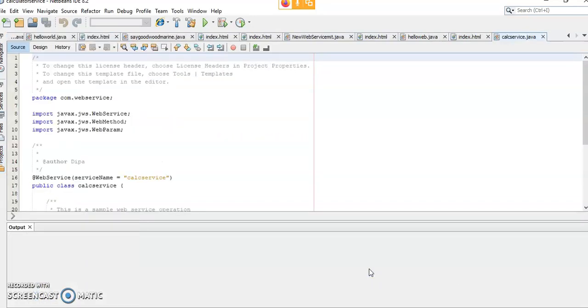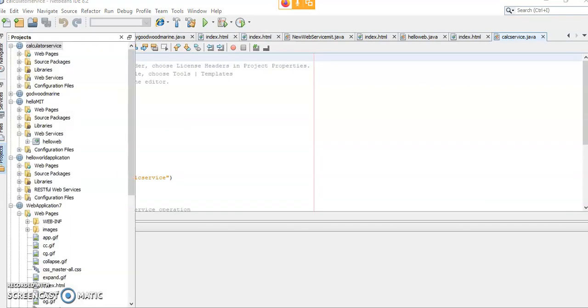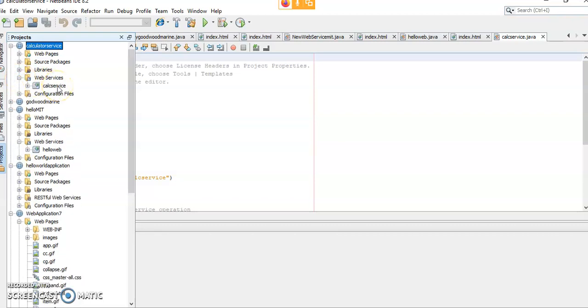What is the next step? After clicking web service, we gave the name CalService. Right click on that particular web service, CalService.